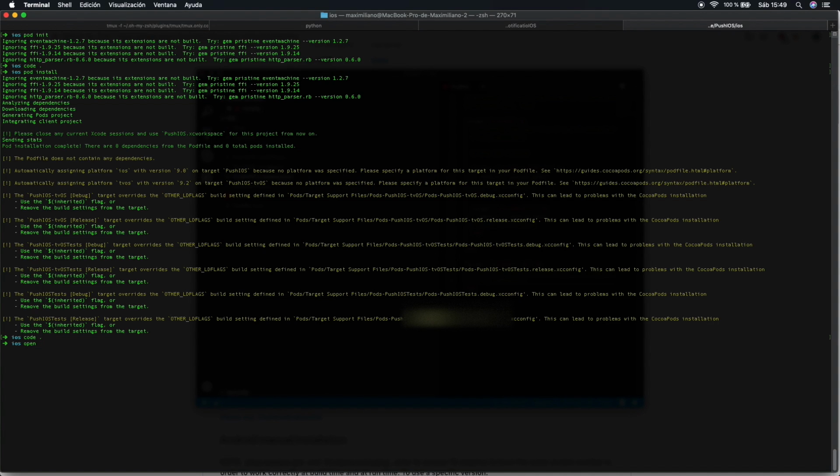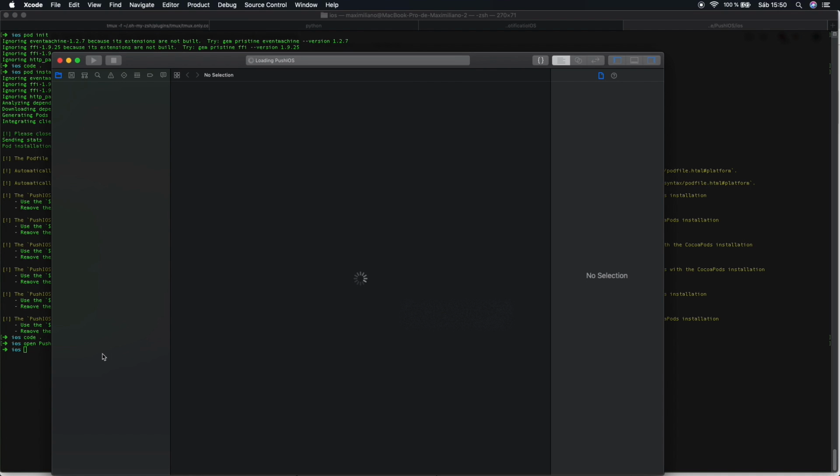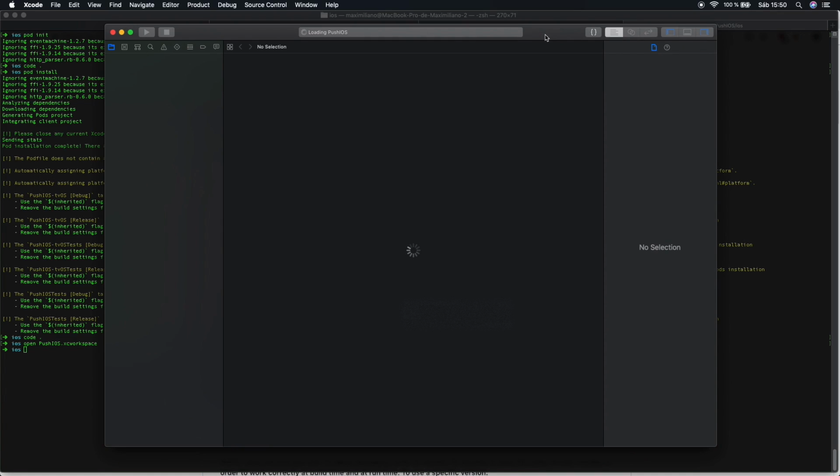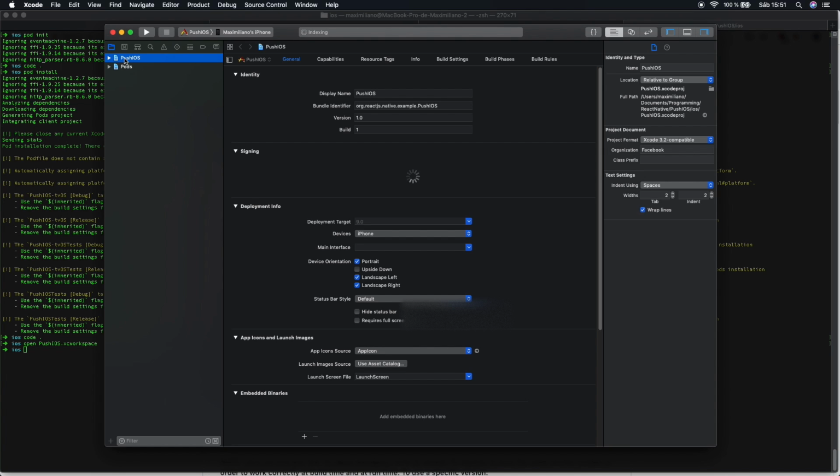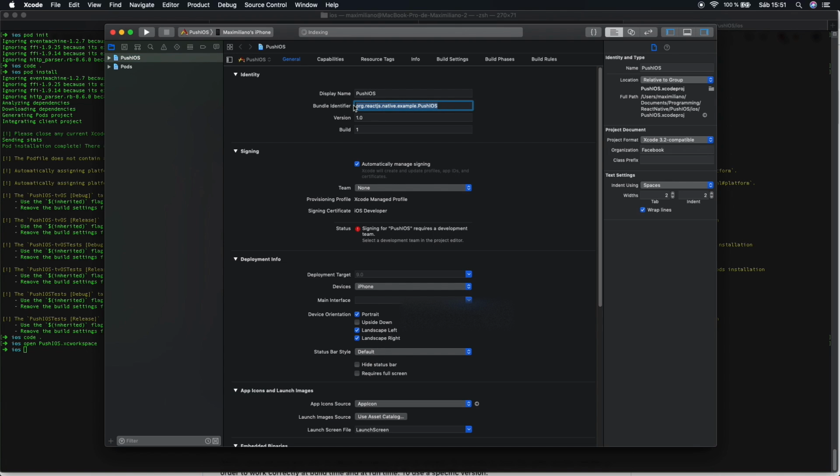Okay, so be sure that you are using this file. Now I will open it with push iOS. Okay, I will open it. It will take a little bit because probably it will index all the files, so I will wait here, but we must do it. Okay, in the meantime we will set up all the things that we need in the Apple developer account. So I will paste this, maybe I will need it in the future,